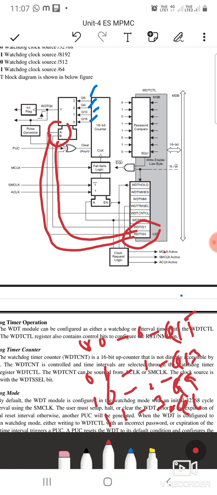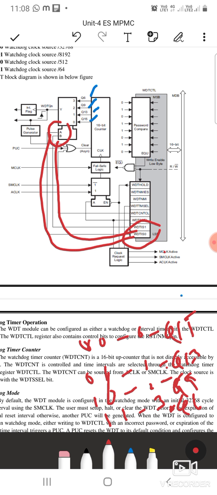So your prescaling value will be selected for the counter through the WDT IS1 and WDT IS0 bits that are connected to the AB inputs of the prescaling logic. There you are having 4 outputs like Q6, Q9, Q13, Q15, and you can select one of the prescaling values.